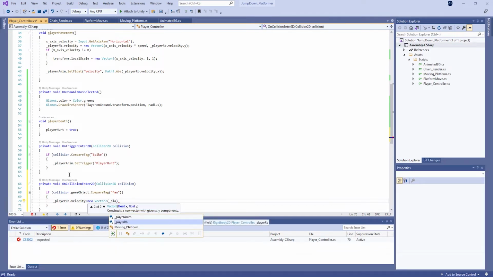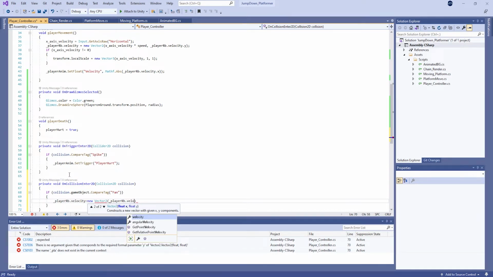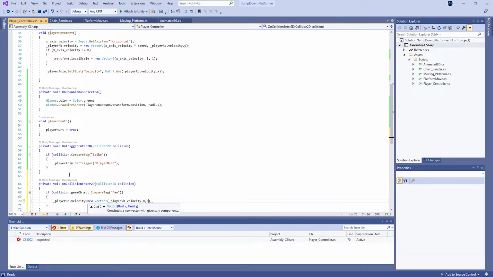player RB dot velocity dot x, and push it in an upward direction and set the y value to 5 float, and press save. Go back to the editor